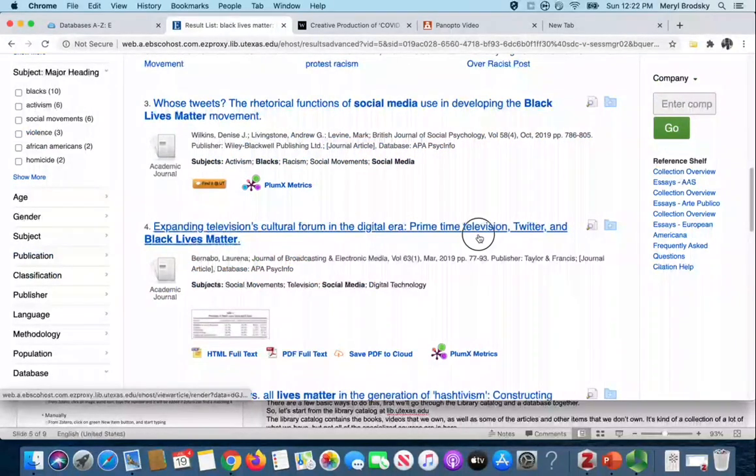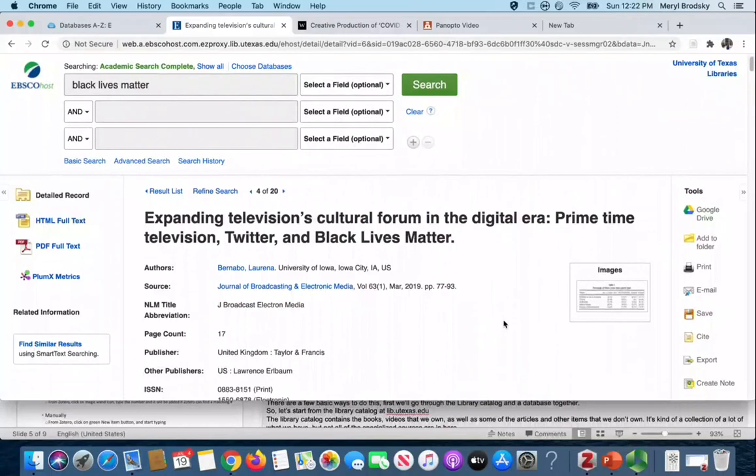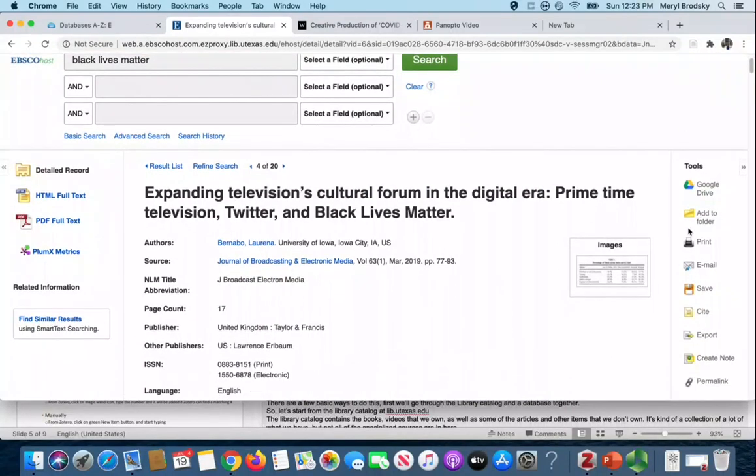So let's say this was of interest to you. The way that you could do this would be to add it to a folder. Now you could just export it and continue to work one at a time, but we'll add it to the folder, and then we'll go back